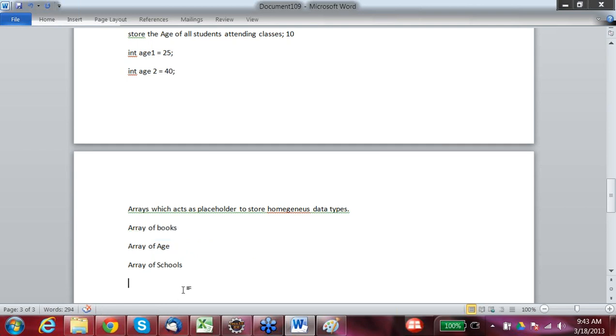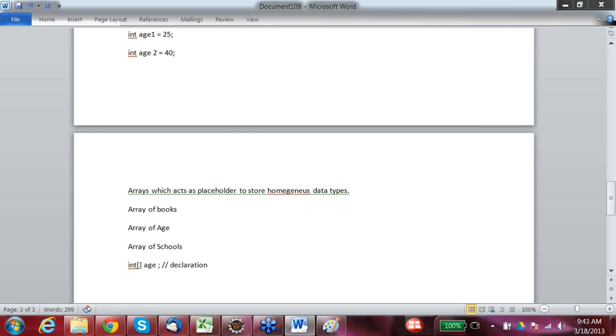So how to declare the array of, let's say, age, right? I would say int square brackets age. So this is a declaration of an array. It says that age can store n number of ages, right? Now when I'm writing the age, I also say arrays have fixed length.